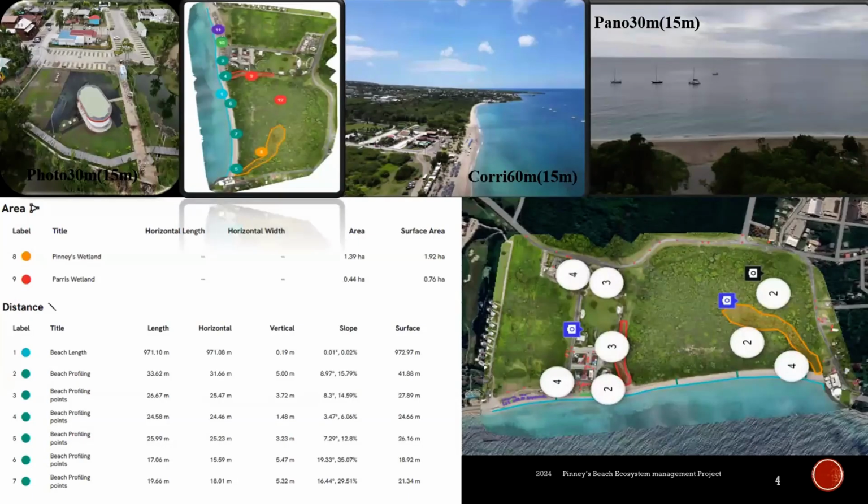So there are several things we did. We actually did quite a lot. We did a total of 9 flights over 2 days. And despite the fact we encountered heavy rainfall, we actually captured some beautiful images. We did make some corrections because we did the corridor area twice. We did it at 60 meters, at 40 meters, and then we changed it to 60 meters at 15. We changed 2 areas in terms of the photos